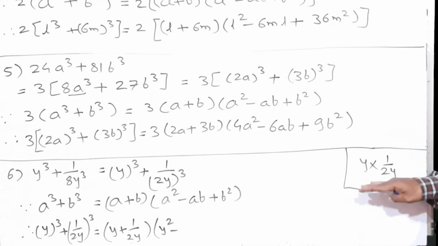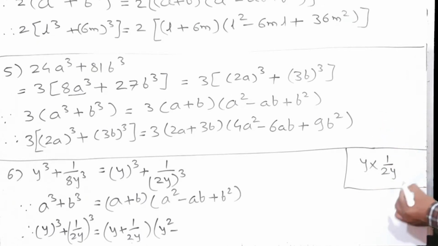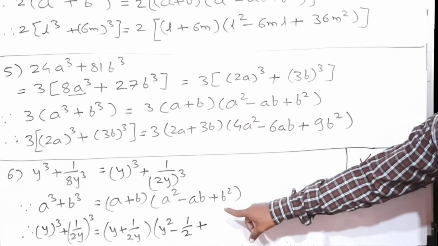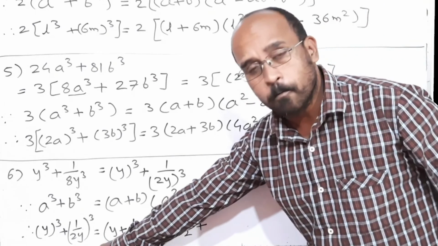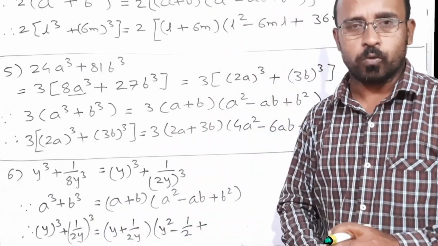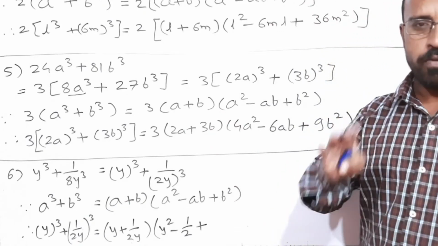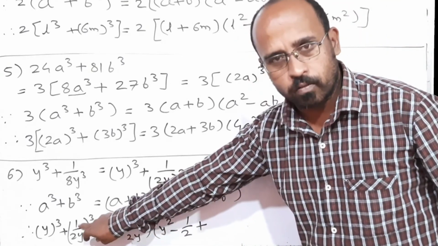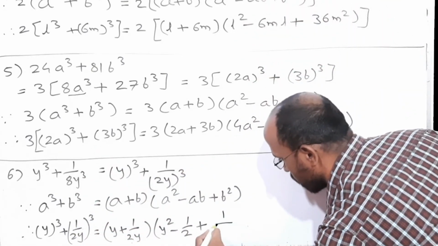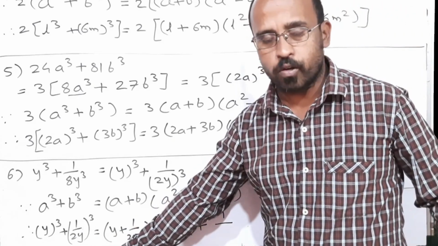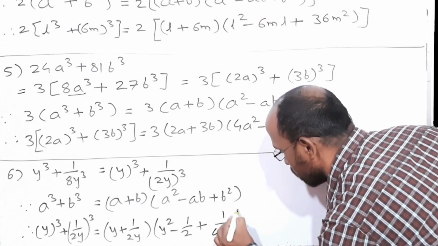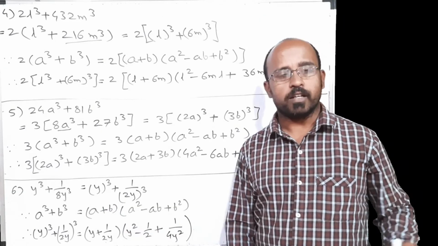This y is in the numerator, this y is in the denominator. Let's cut it. So what will remain? 1 upon 2. So here we can write 1 upon 2 plus b square, at the place of b, what we have to replace? 1 upon 2y. Square of 1 upon 2y. Once again, to find the square also, we have to find the square of the numerator separately and the denominator separately. So square of numerator 1 is 1. Write it at the place of numerator. Square of denominator 2y. Square of 2y is 4y square. Write it at the place of denominator and done. This is our final answer.